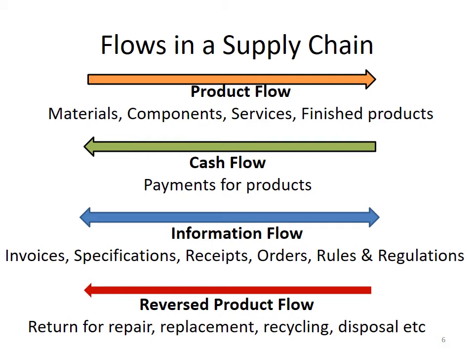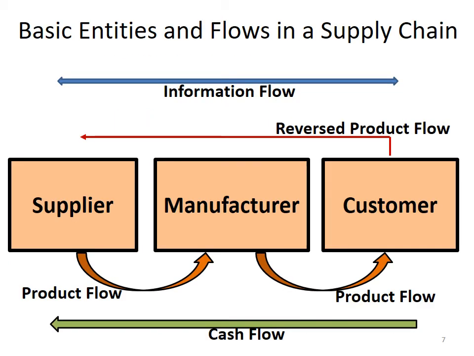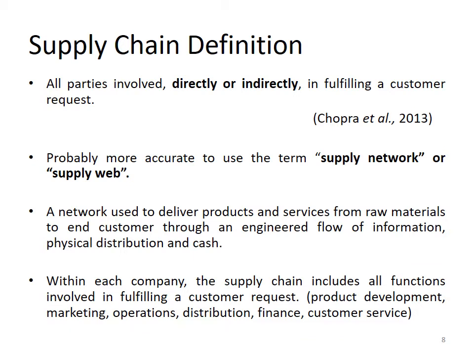Apart from these three, there's another flow that we can see in today's sustainable supply chains, called reverse product flow, where products are flowing from the customer side to the supplier side in terms of returns for repairs, replacements, products for recycling purposes, etc. So this is how we can see these flows in a supply chain. You can see the three main entities functioning in the supply chain and how the flows are happening. Moving on, with all this information, we can define a supply chain as all parties